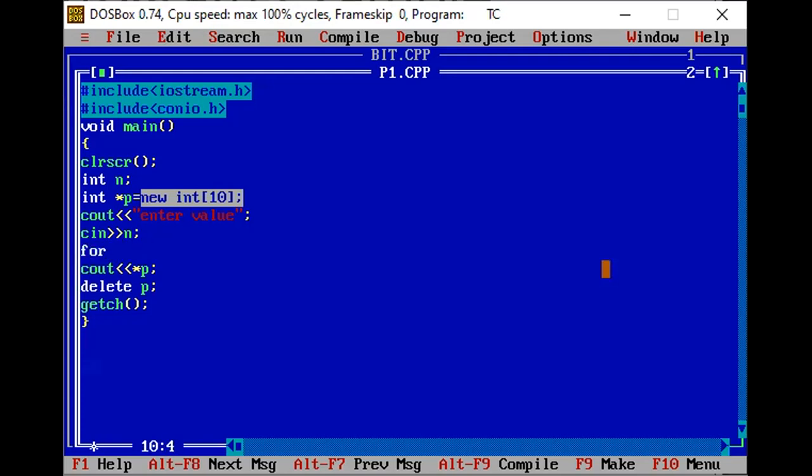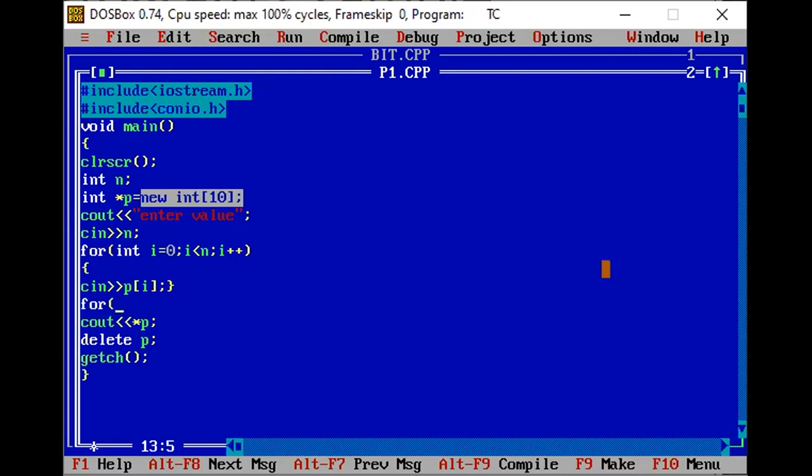by which your loop will traverse. Then I will use a for loop for the traversing of the array, i equal to 0, i less than n, and i plus plus will be here. Then cin >> p[i], that is your pointer variable with the i iterations.